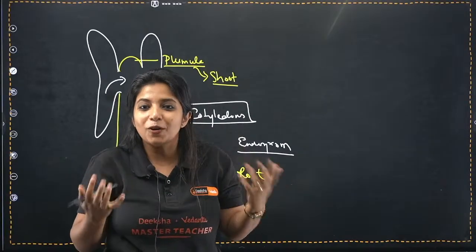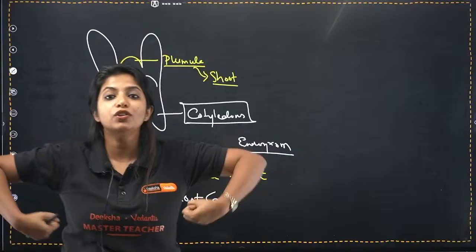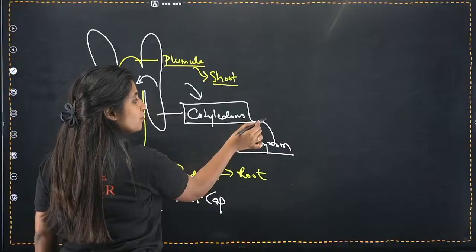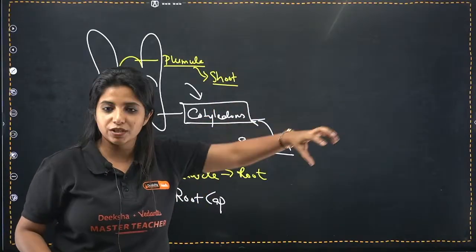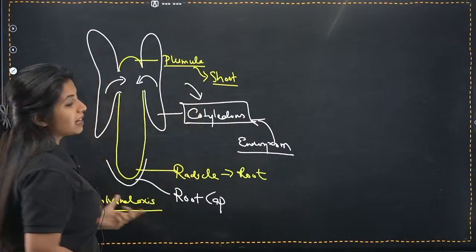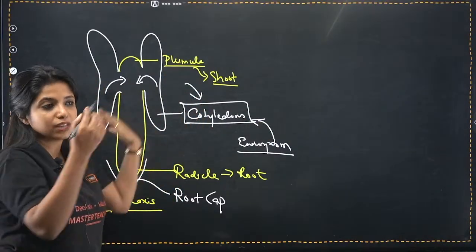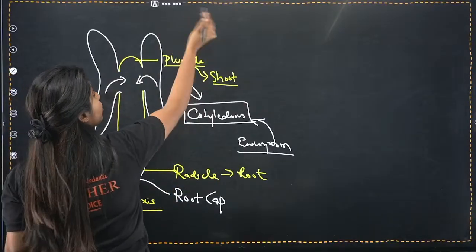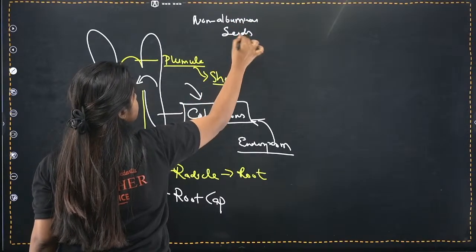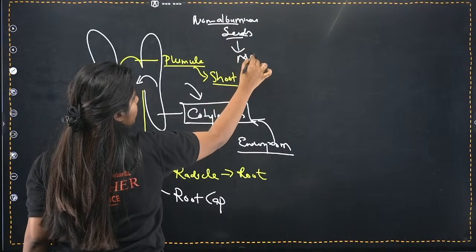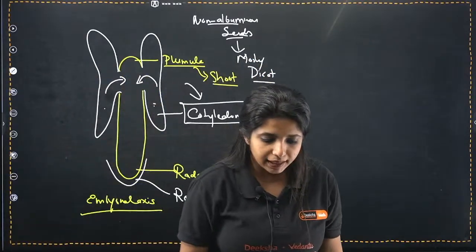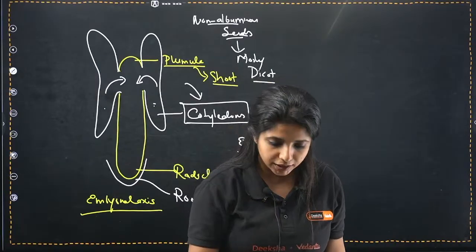For what reason? Because they want to make their own units, and their own units are known as what? Cotyledons. So these cotyledons are formed with the help of what? The persisting endosperm which was there. And now since it is completely utilized, this type of embryo which is inside the seed, those seeds that contain this type of embryo are known as what? Non-albuminous. They are known as non-albuminous seeds, and mostly they are going to be dicots. Dicots means they have two cotyledons. Got it? Yes.